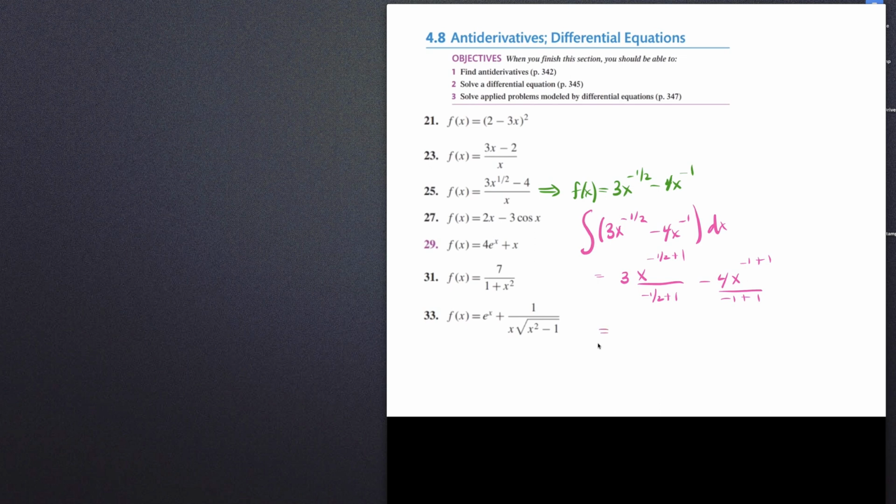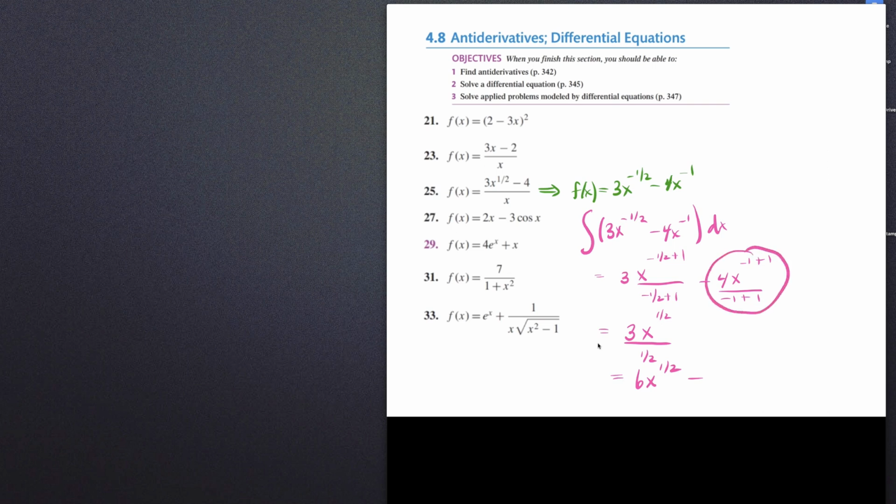Okay? And we can see what happens here if we made any mistakes. So you get 3x to the 1/2 power divided by 1/2. Dividing by 1/2 is the same thing as multiplying by 2, so you'll get 6x to the 1/2 minus,